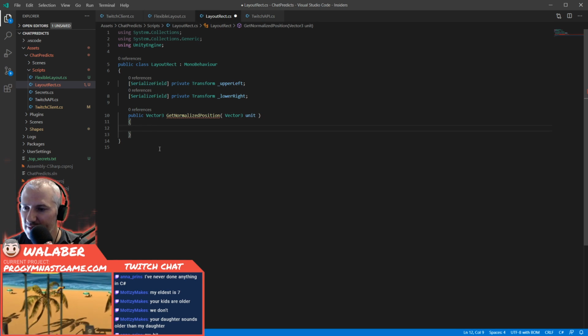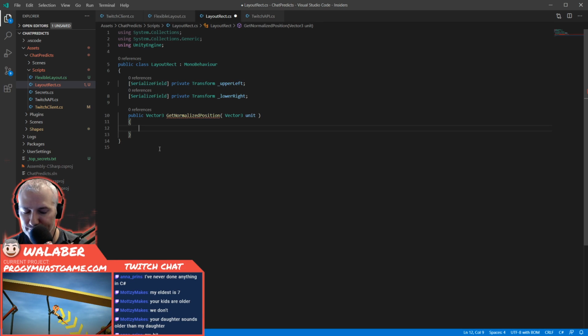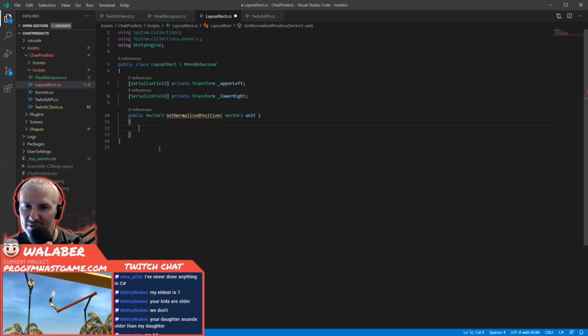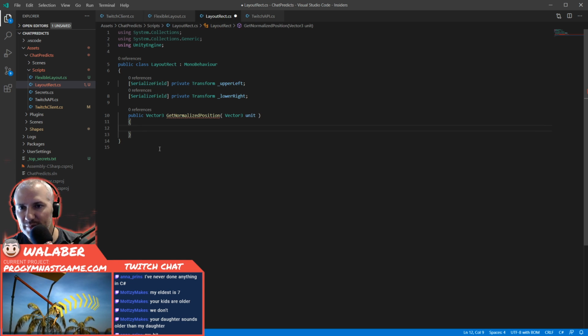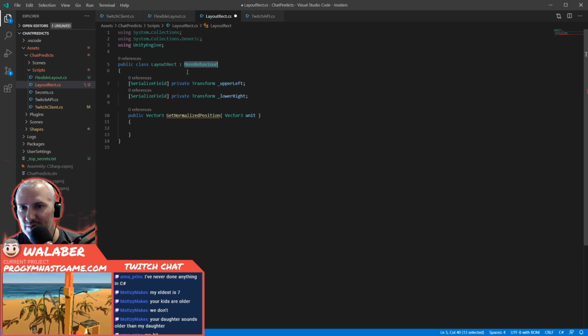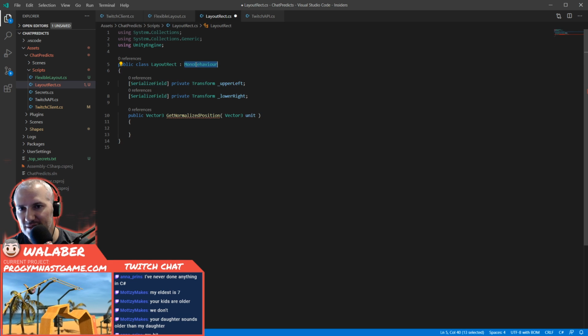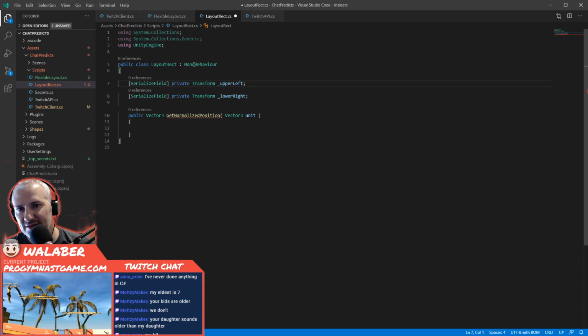You know, a lot of people say that C# is essentially Microsoft's Java. So if a lot of your work has been in Java, this shouldn't look too unfamiliar. Maybe this MonoBehaviour thing might look weird. That's a Unity thing. So basically, this is saying we're making a class and it inherits from MonoBehaviour, which